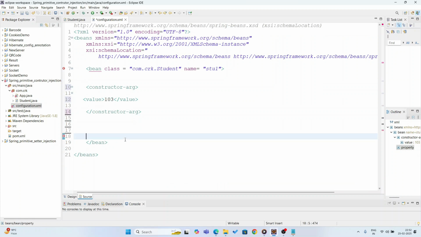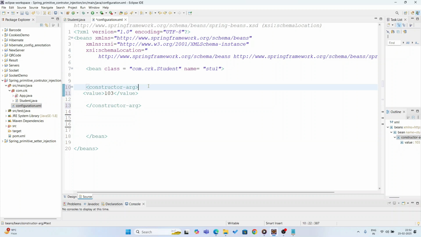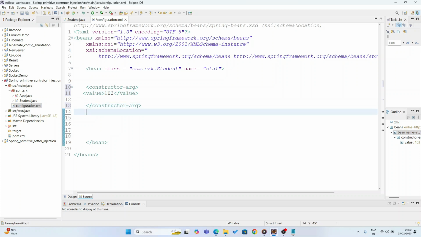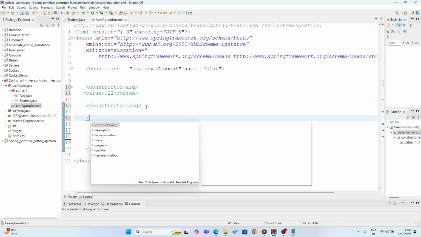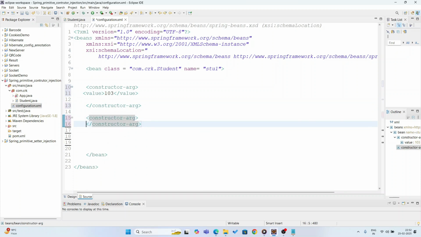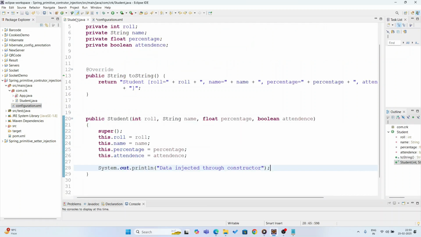Property is not required. Okay. One constructor value I have put here. Next constructor. Again I am going to write constructor and value like this. You see here